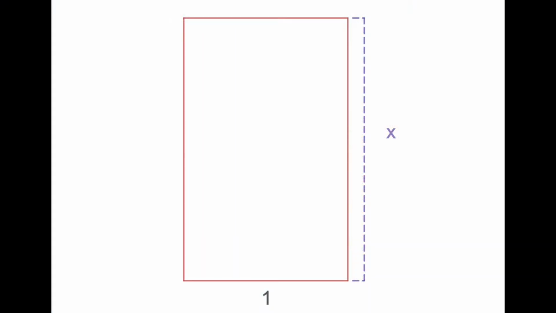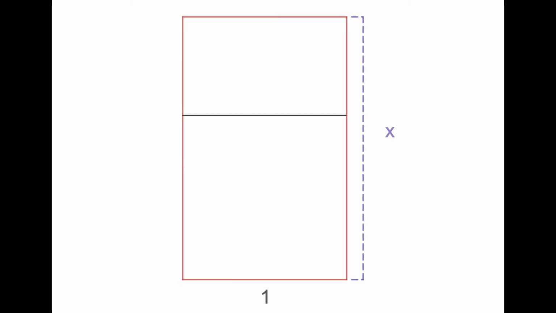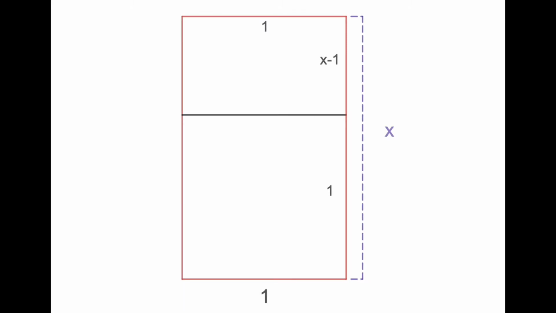One way we can discover the value of the golden ratio is to start with a rectangle of width 1 unit and length x units, where the unit of measurement is unimportant and x is larger than 1. When we mark a line inside this rectangle creating a square, with sides 1 unit and another rectangle where the longer side is 1 unit and the shorter side is x minus 1 units, we get the following image.